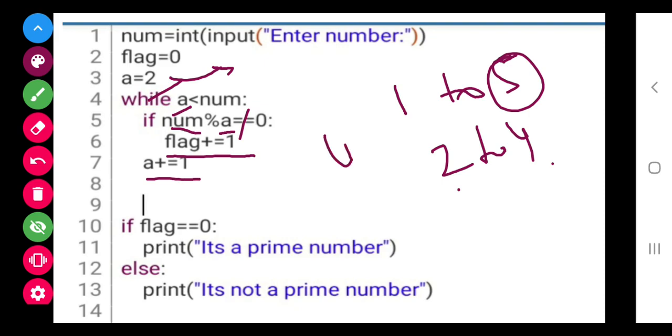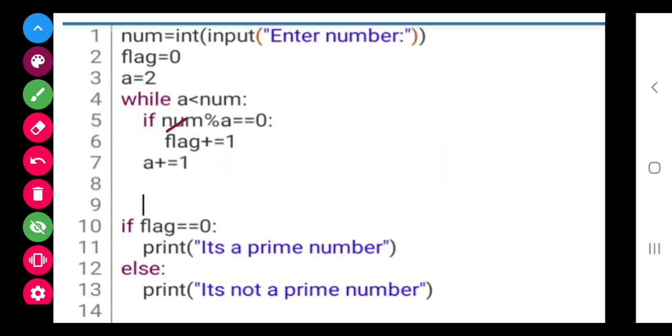It will remain 0. Now the value of a will get incremented and it will return to this loop again. Now the value of a is 3. Now it will divide num, that is 5 mod 3. Does it return 0? No, it will not return 0. So the flag variable will be 0 only.